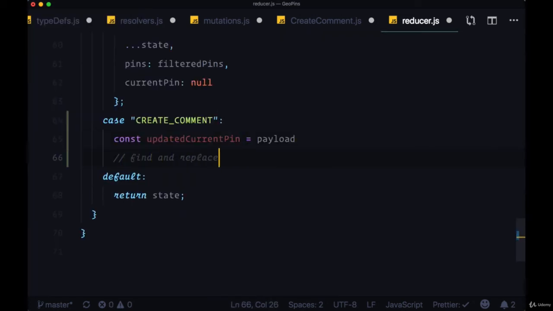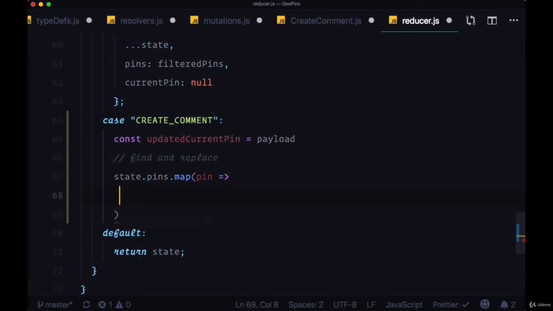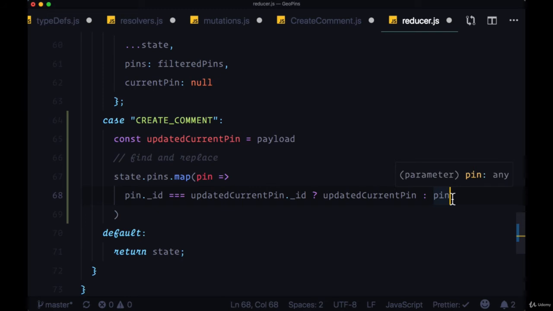So now we want to find and replace, and in order to perform this find and replace, we'll use the map function. So we'll say state.pins.map. We'll map over each pin, and when we find the pin ID that matches the updatedCurrentPin ID, the ID of the pin returned from our mutation, we want to swap out that array element with updatedCurrentPin. So we'll just return updatedCurrentPin with the help of this ternary. Otherwise, for the rest of the pins in the array that don't match, we'll just return their original value, pin. And we'll set this return value from the map function to updatedPins,